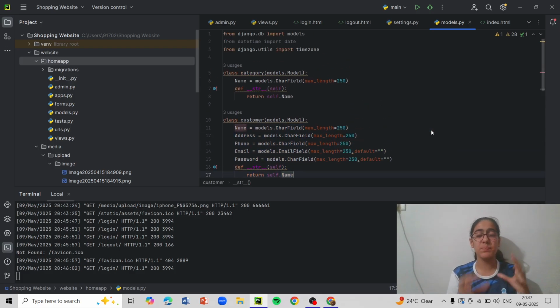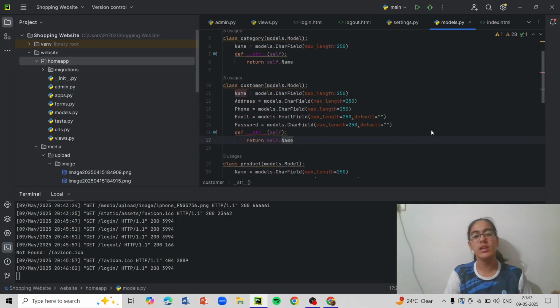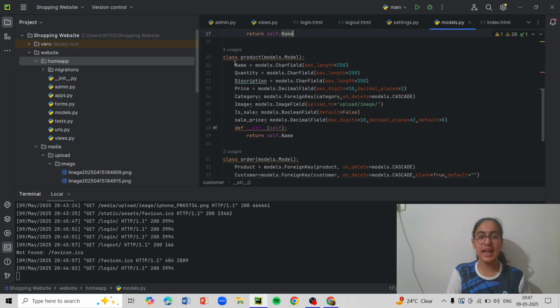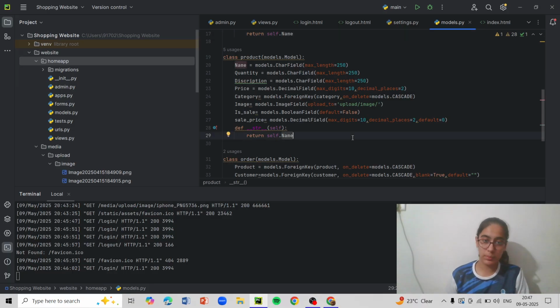And then as a product, imagine yourself to be a product, not in that sense, but a product needs a name, quantity, how much, like imagine a perfume bottle, how many perfumes do you need, what type, what category perfume comes in, like it comes in accessories, so that will be that. And then over here I have the product class. It has name, quantity, description, as in the perfume is reusable for various other things except body perfume, like that. Then there's the price always. The category, as I told. Image is optional, but usually if you're making a serious website, you'll have to use this image.